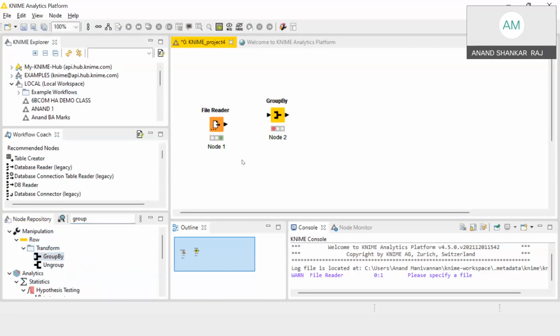Before performing the analysis, I'm going to give a name for my file reader node. Just double click on this node 1 and it will ask you for an edit option. I'm going to type customer credit card data. You can give any name. For example, if this data is pertaining to ICICI Bank credit card, then you can mention ICICI customer credit card data, right? So now, if I have to group